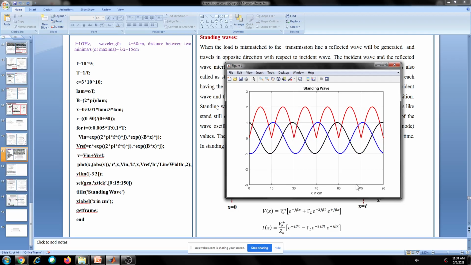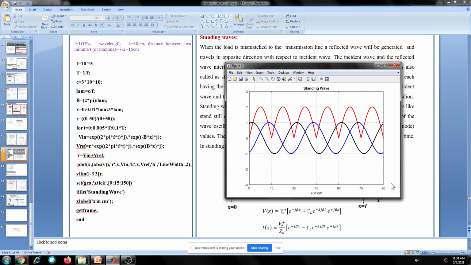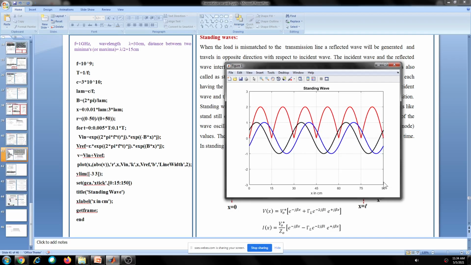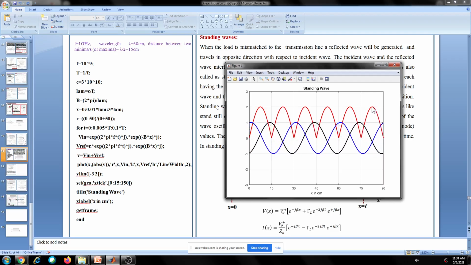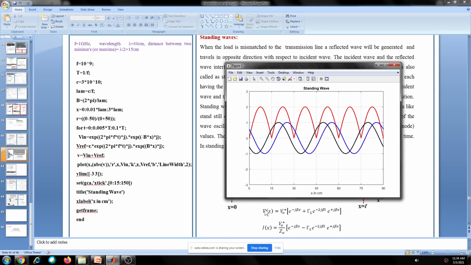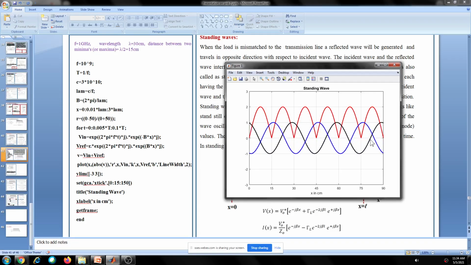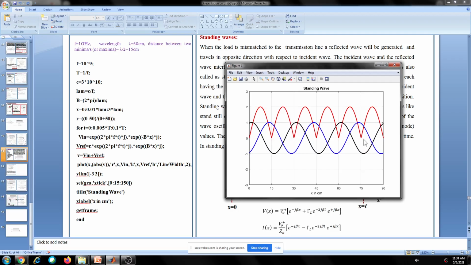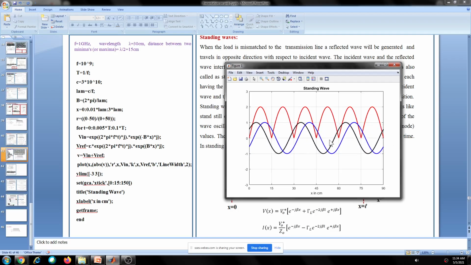Actually, this is a transmission line, the length of the line. It is the end load point, and this is the source point. So the load is here. At the load, this is our voltage, the magnitude of V of x. If you take the magnitude of this V of x and plot it as a function of distance, we are moving towards the source like this. This is x here.